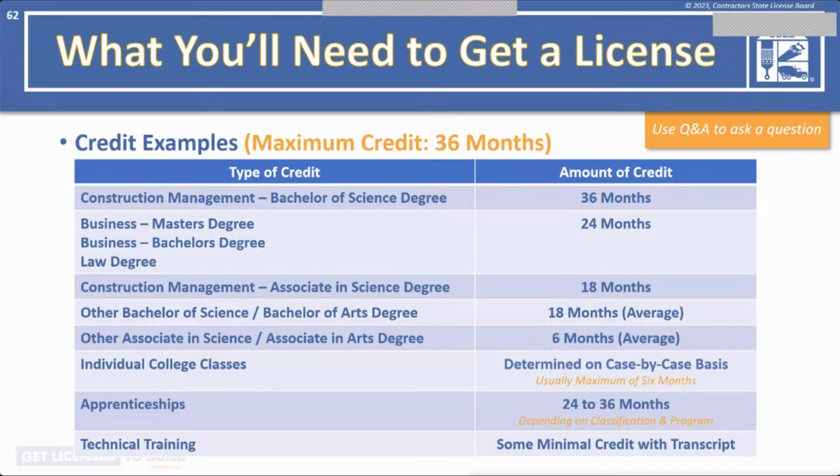Sometimes it can be 4 to 8, but it's also dependent on how many applications we've received at that same time. They're all processed in the order they were received. So if you were number 50 in line and we're only up to 36, it might take a little bit longer. So there is nothing set in concrete on how long it takes, but I would allow at least 4 to 6 weeks total processing time.